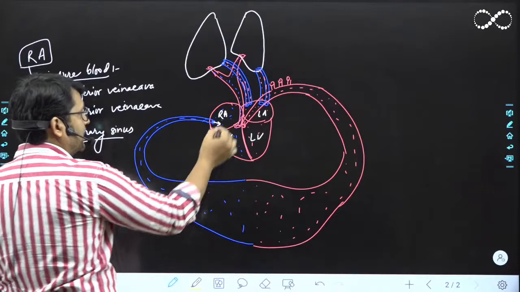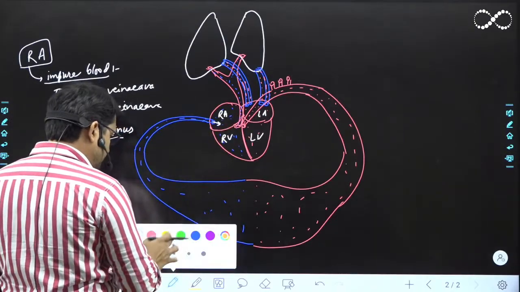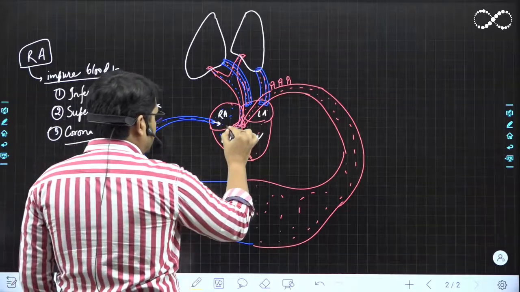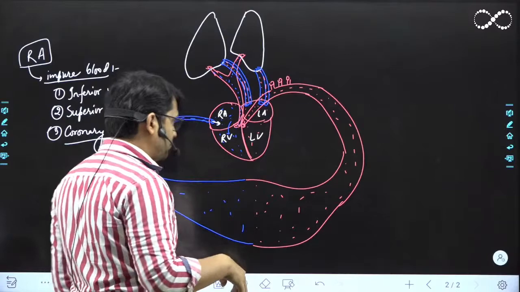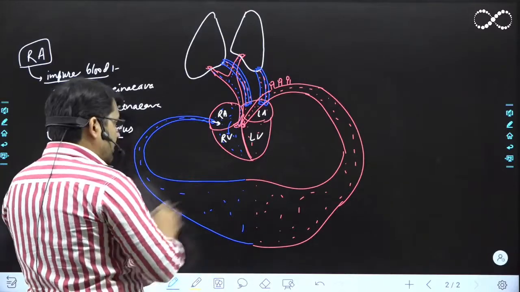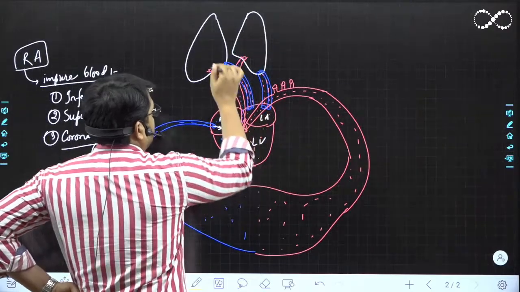तो right auricle में क्या आ गया आपका? Impure blood. Now this impure blood from the right auricle it goes into the right ventricle via a valve, जो कि हम लोग हार्ट के स्ट्रक्चर में देखेंगे. ठीक है, कहाँ आ गया? राइट वेंट्रिकल में. राइट वेंट्रिकल से फाइनली ये जो आपका इम्प्योर ब्लड है वो कहाँ चला गया?